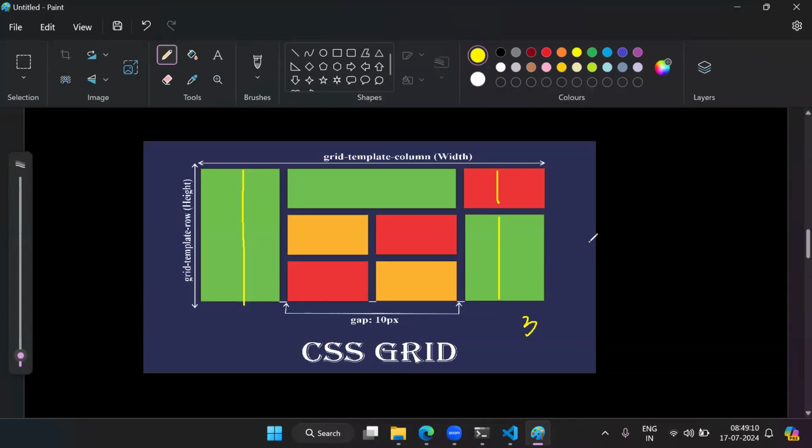Have you guys remembered CSS? If you want to merge rows or columns, then what properties do we have? Colspan. Colspan, no. Colspan is for tables, right? That is a table concept. In CSS grid system,